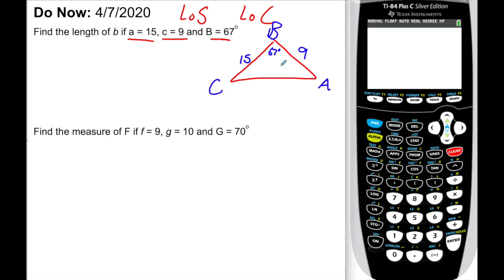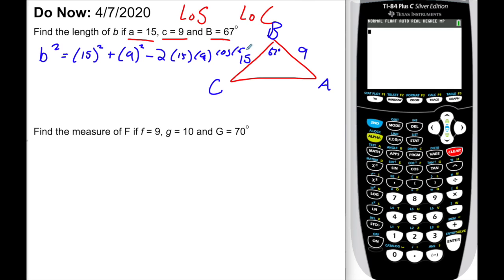But in this case, the law of sines does not work because you need to have at least two angles, and I'd have to have an angle, either this angle across from 9 or this angle across from 15. But notice I do have these other two pieces of information. So what I know is that b squared equals a squared, so 15 squared, plus c squared, minus 2bc